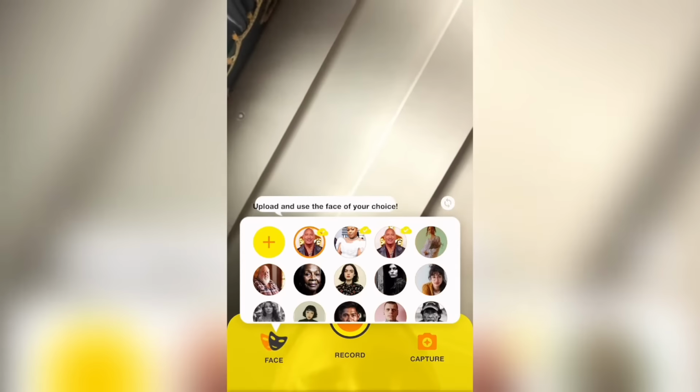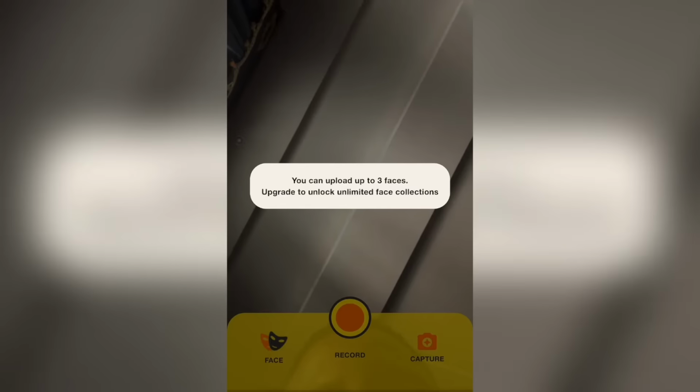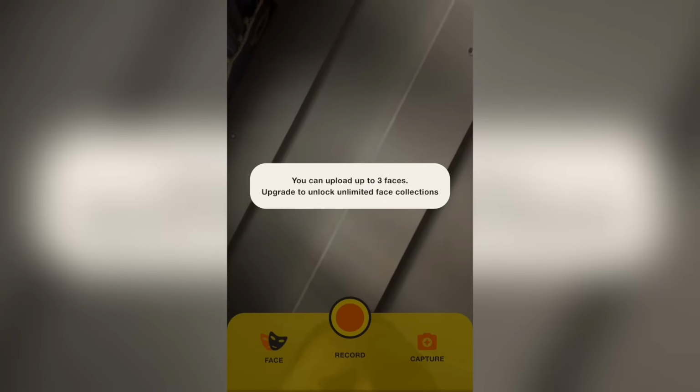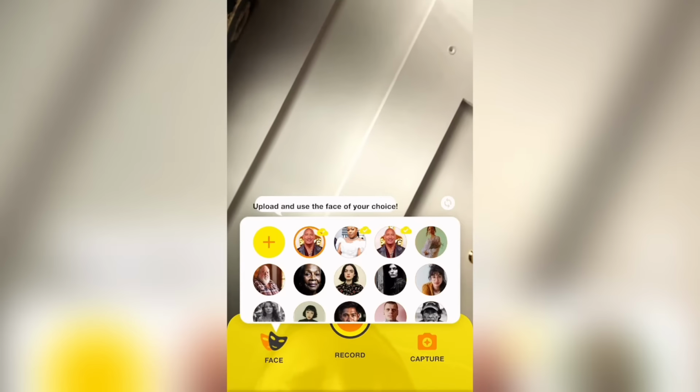So you can click on here if you want to capture, but if you don't want that, you can do it this way. So you click on it to select your face. For example, if you want to add your own face, you click on the add button. So for now, because I'm on free version, they say you can upload up to three faces, unlock to unlock unlimited faces collection. All right, so you just click on it. So you go back. So for me, I have about 3 here. You can see the rock, this other girl, and the rock again. So I think I did a mistake. That was why I upload that. So if I want to make use of the rock now, just click on the rock,